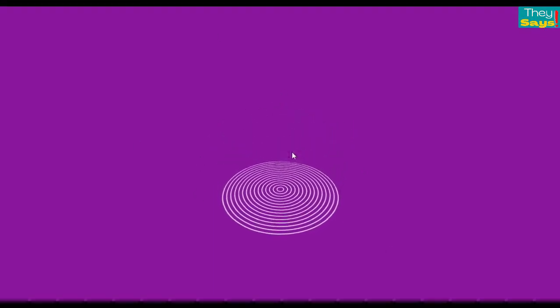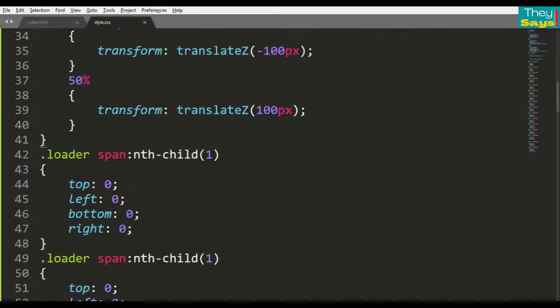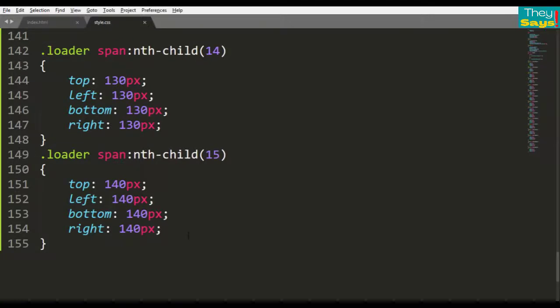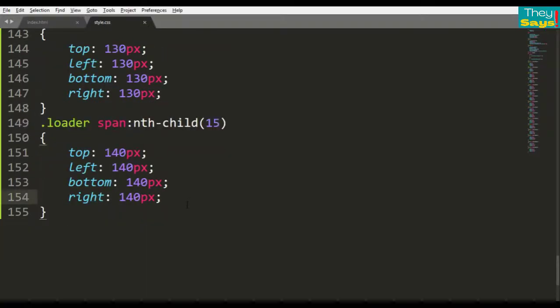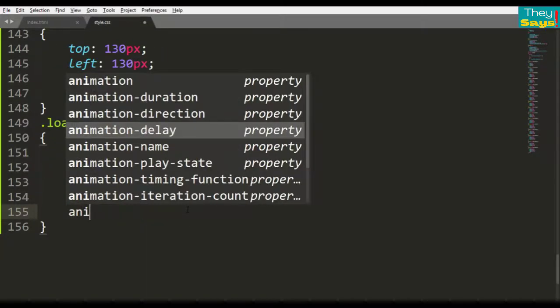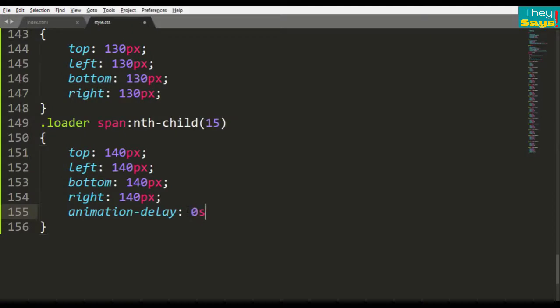Now we add some animation delay in each span tag. Come to the CSS file and set animation delay. Start from the last child and set the animation delay. Animation delay 0 second.